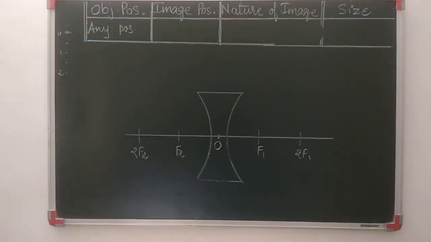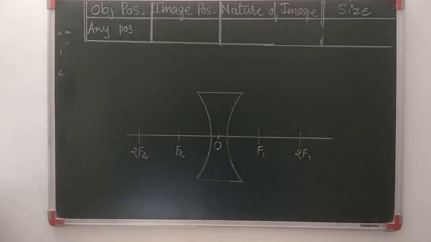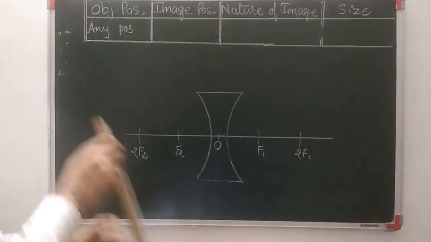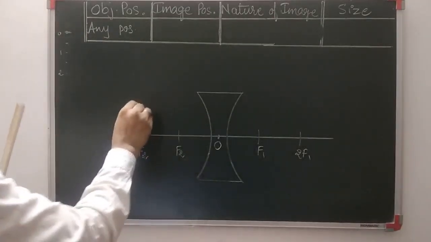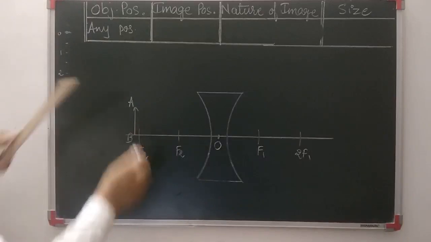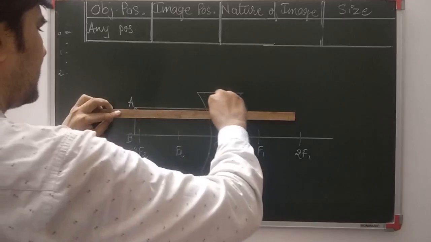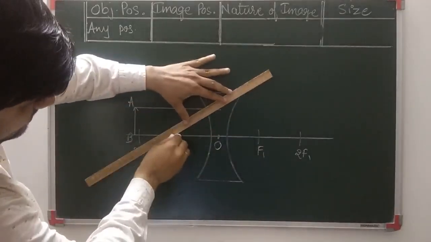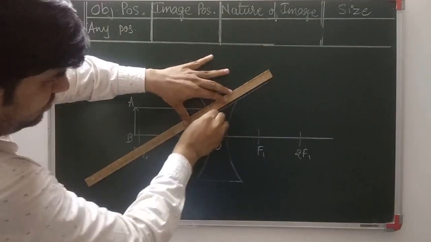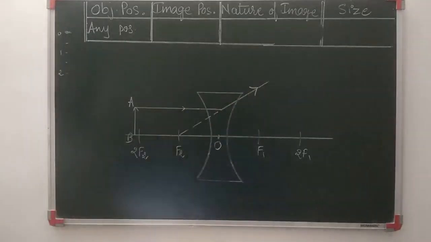Now in this question, as I have written, the position of the object is in front of O and infinite, that means any position in front of O, we can put it somewhere, wherever we wish. So let us put it somewhere here. Let's see where the image is obtained. First, let us draw a ray which is parallel to the principal axis. As we discussed earlier, after the refraction, it is a diverging ray, so we have to extend it, and it can be obtained somewhere here. This is the refracted ray.